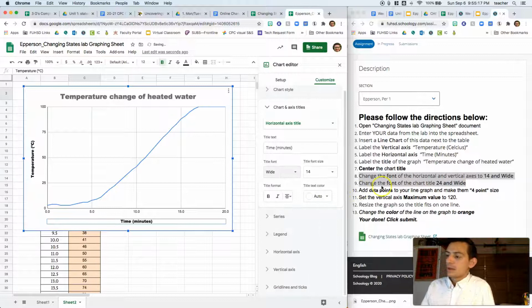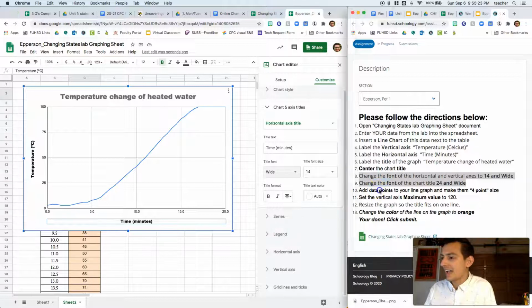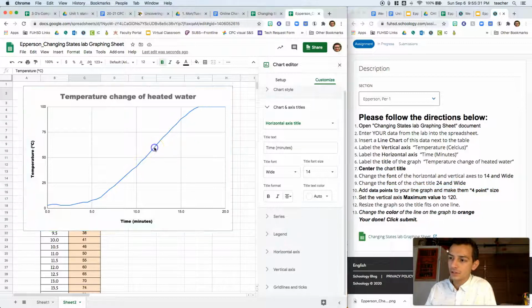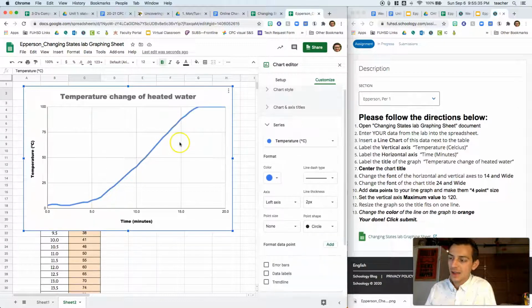Okay. Now here's a tricky part. Actually, it's not very tricky, but you just have to make sure you click the right thing. Add data points to the line graph to make them 4-point size. So I'm going to click the graph. Really make sure you laser on and grab that data. So click it. Sometimes you got to click it a few times to really get it to pop up, but there it is